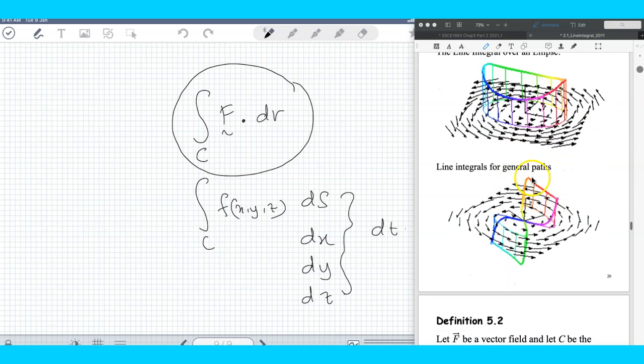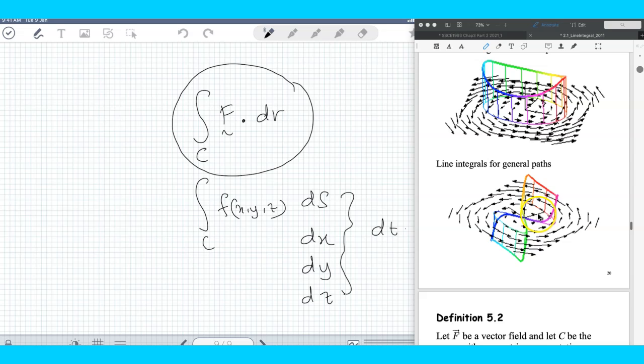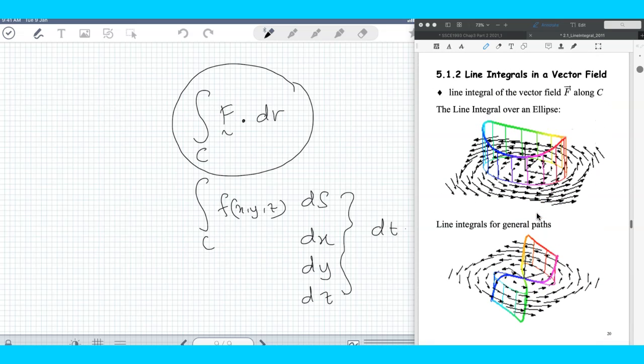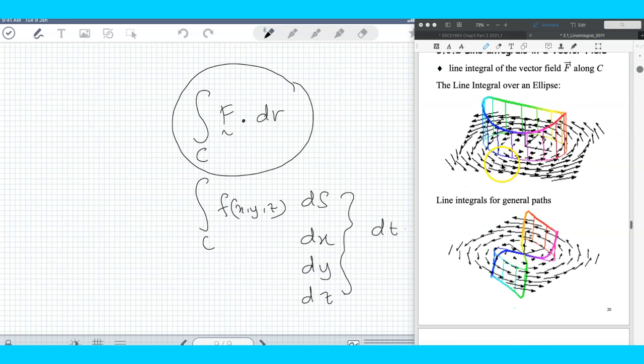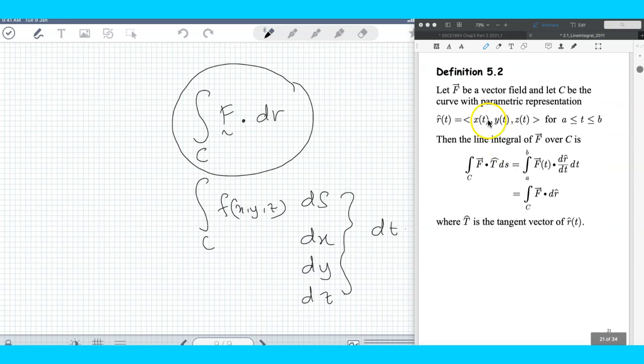This is in a more general curve. So that is the line integral for a vector field. Okay, so let the vector field F be a vector field and C is the curve, and the curve is given in a parametric form or in a vector function. So the line integral of the vector field F over the curve C is given by, actually, if we relate